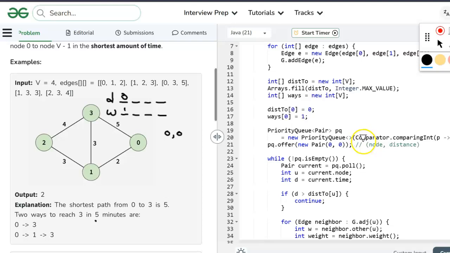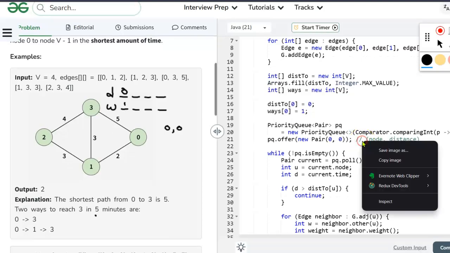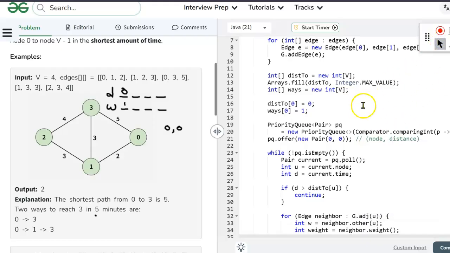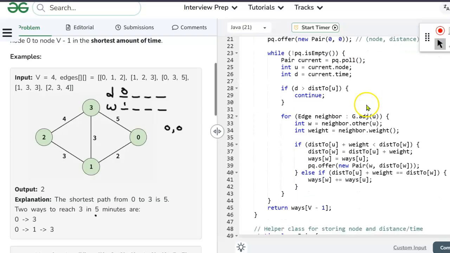All right. While, wait a minute. No, I think I can scroll this. All right. Yeah. The while loop is really the crux of the rest of the argument. All right, pair. So we're going to poll the current pair, and that is this right here. Current node is 0. Current time is 0. Is 0 greater than distance to 0? And actually, it's the same. All right. So we'll continue,